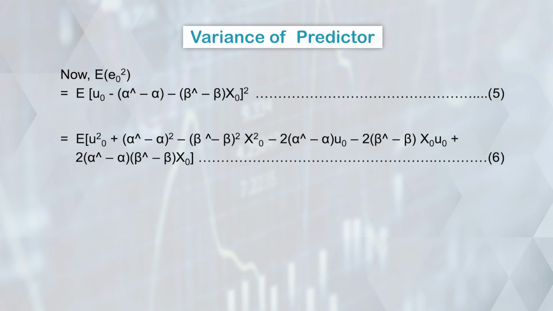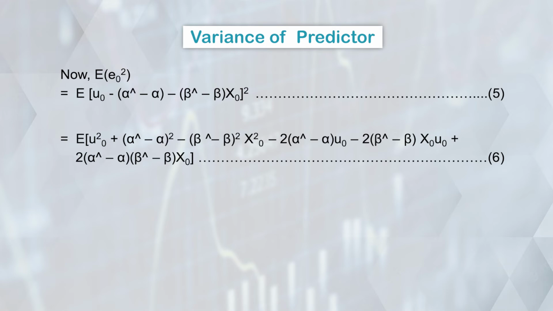So each of the items is treated separately in the square form. Then we have the cross terms, like minus 2 alpha hat minus alpha u0. That is the first cross term we consider. The second cross term is minus 2 beta hat minus beta x0 u0 by multiplication. And the remaining cross term is plus 2 alpha hat minus alpha beta hat minus beta x0. The 2 comes up because these are the cross terms which are considered, and that comes out to be